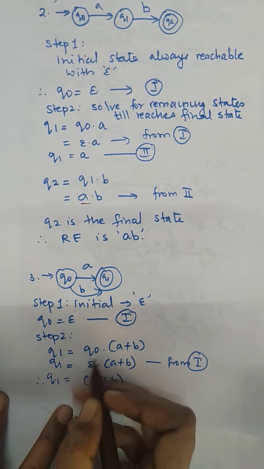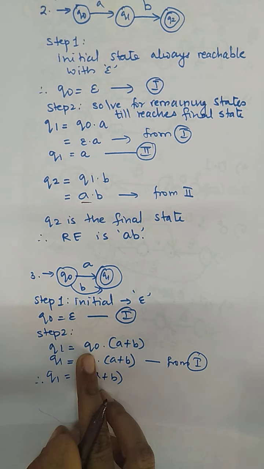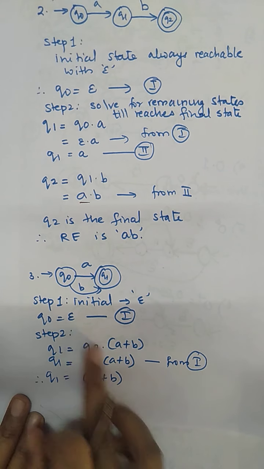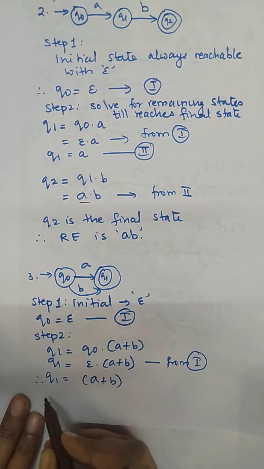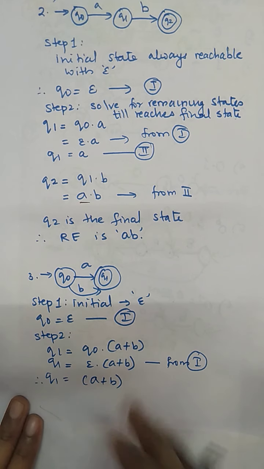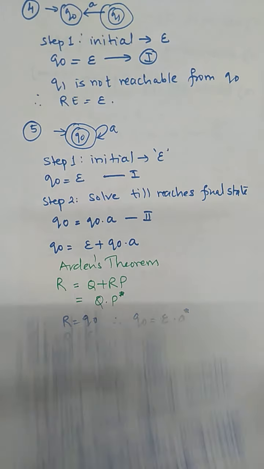So A plus B. Now we have to remove Q0 by putting the value of epsilon here. So epsilon into A plus B. So the regular expression for Q1 is A plus B. Now third one,